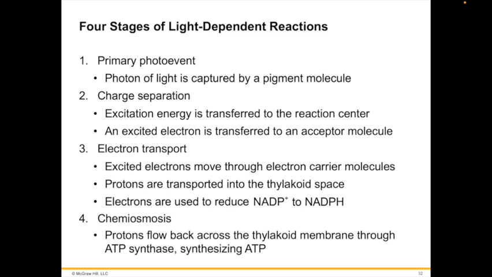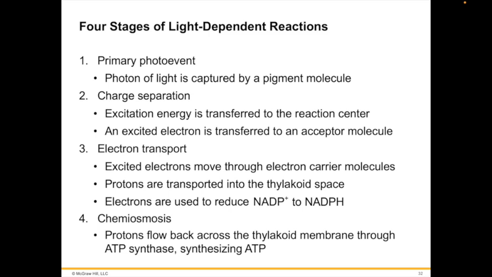So at number 1, the primary photo event. A photon of light is captured by a pigment. This primary photo event excites an electron within the pigment. At charge separation, this excitation energy is transferred to the reaction center, which transfers an energetic electron to an acceptor molecule, initiating electron transport. At electron transport, which should take you all back to photorespiration, the excited electrons are shuttled